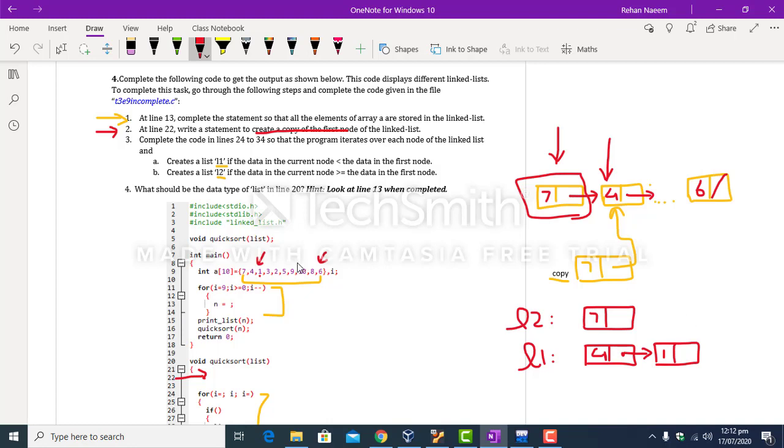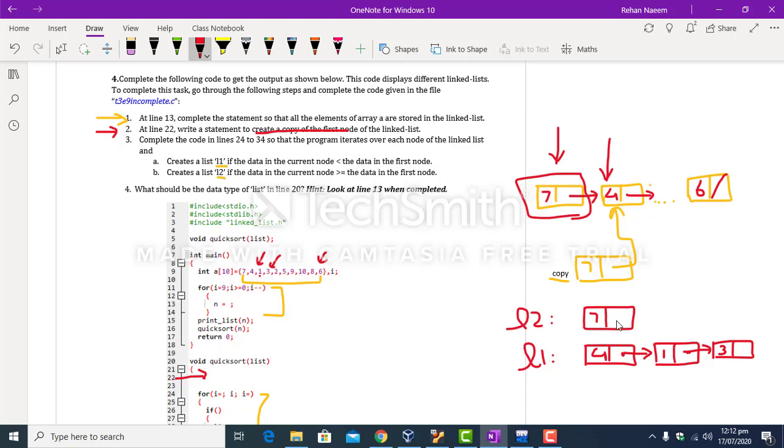So similarly, the next element is 3, and again 3 is less than 7, so create a new node in linked list L1, and the data field will contain 3 and it will be linked to the previous node of linked list L1, and so on.